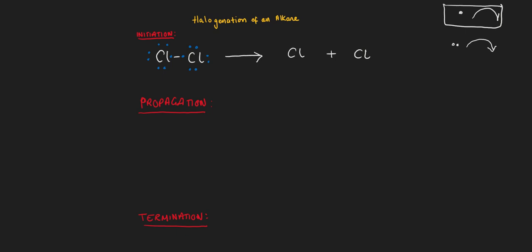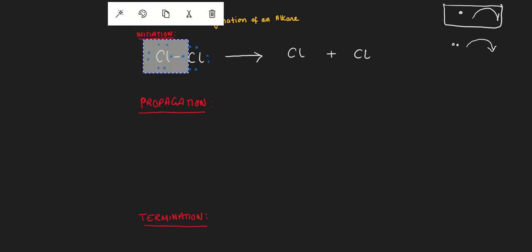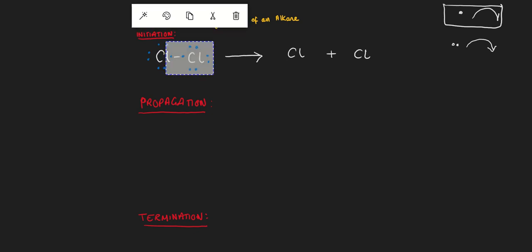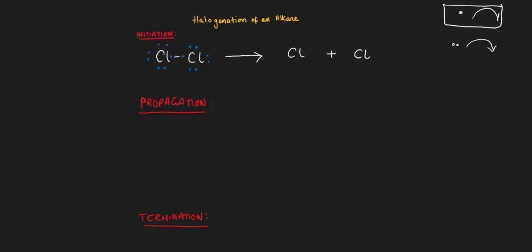Okay, so then you can count them: they have 7 of their own, plus 1 shared from that bond here. So this chlorine gets 8 in total. And the same goes for this one when we count them, because this one is also shared. So they both have 8, they're happy. Okay, this chlorine molecule is quite happy. Now, when we split them up,